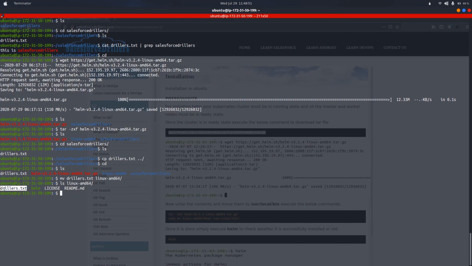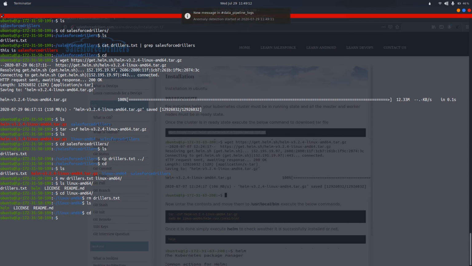For removing a file, there is a simple command. Suppose that I want to remove this particular file from this directory. First of all, I will switch to that particular directory. Then I will write rm, meaning remove, then that particular file name, then I'll press enter. If I do ls, we can see that particular file has been removed from here.